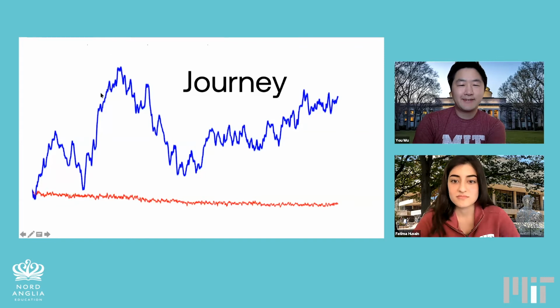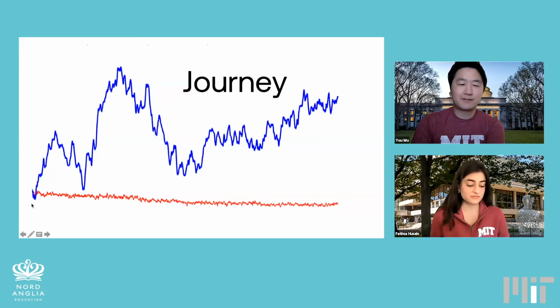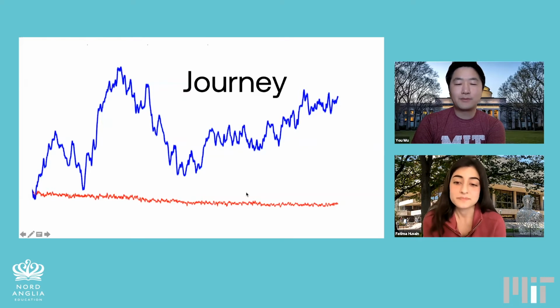So like you see here, the blue curve and the red curve. I would say a life where you keep on trying and failing and then improving is like this blue curve, that eventually you'll be better. But if you just do nothing and wait for other people to build new technology for you, then that person will be like this red line, who's going to stay almost the same or even worse over time.